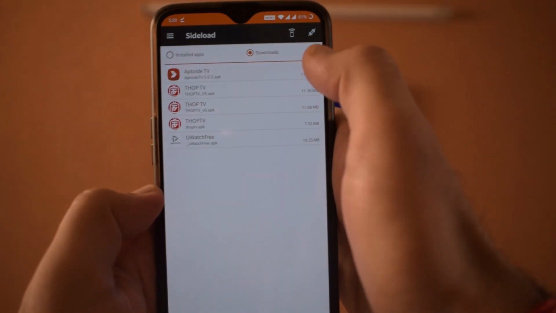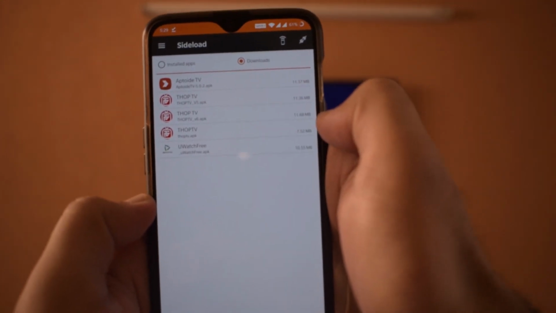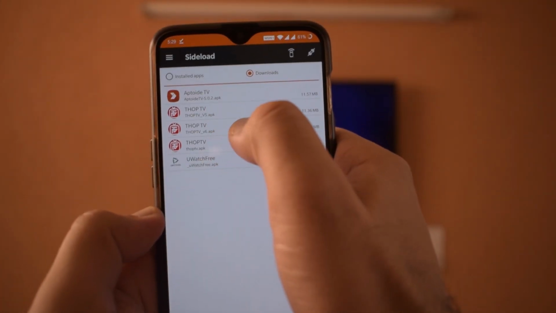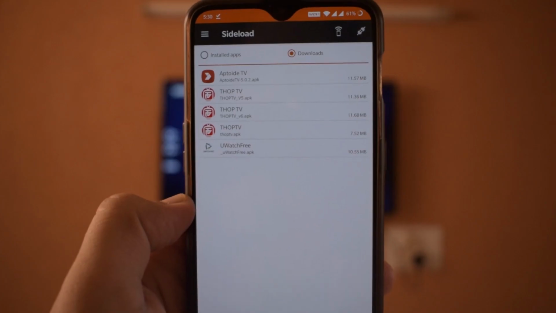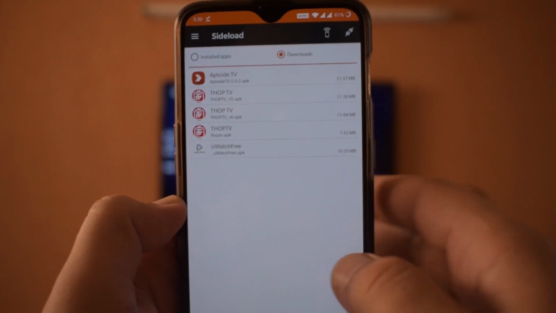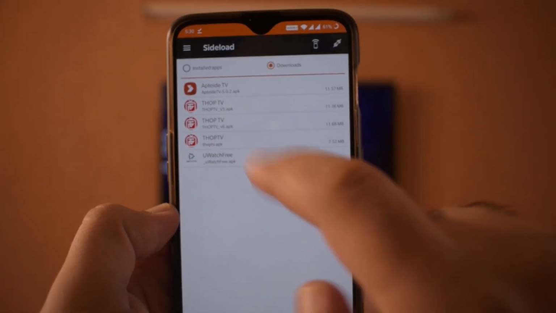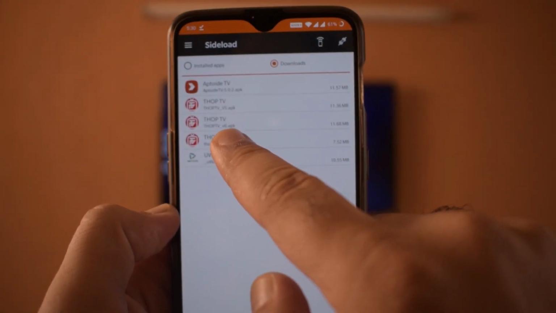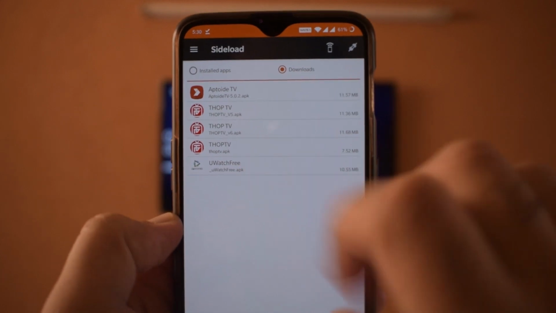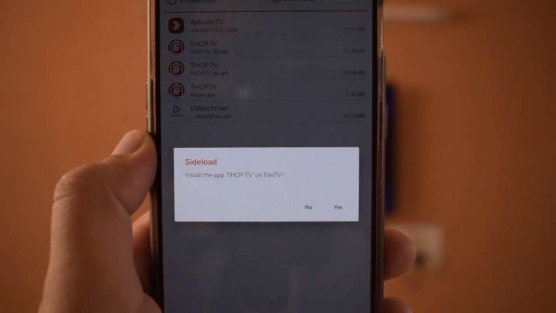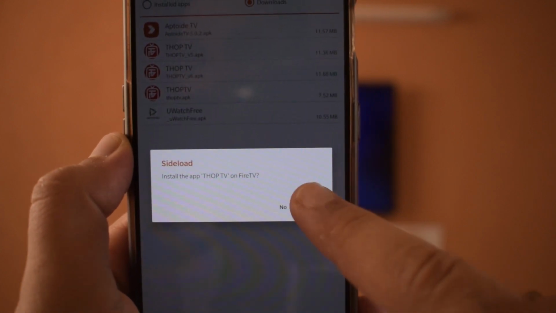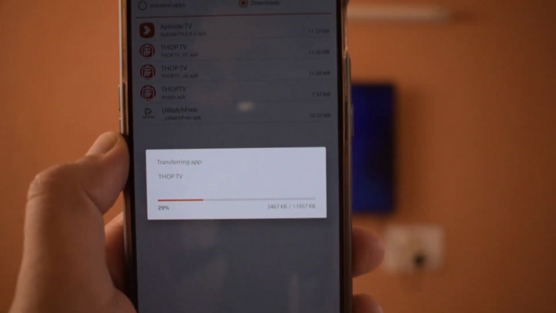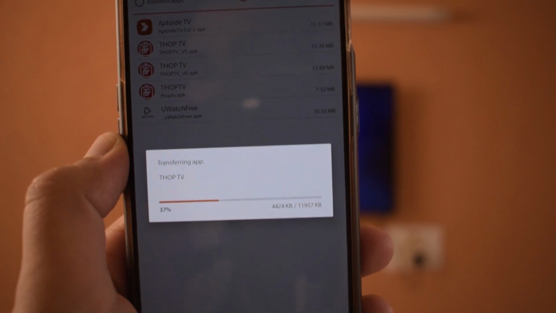will look for this download. Okay, this is the 6th version. You can see that is the new version. Like yesterday I was seeing the 5th version, and now there is the 6th version. So let's just send this. Now it's showing to install the app Thop TV on your Fire TV. I say yes. Okay, now it's installing the app directly,